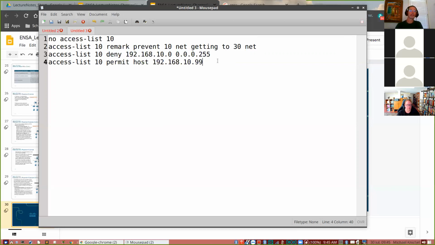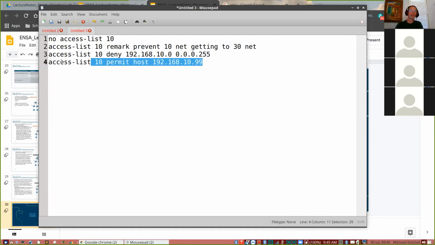This is going to deny everything from 10.0 all the way to 10.255. Remember what I said? We go through the access list, comparing every ACE. As soon as we find a match, we apply the permit or deny, and we stop checking.